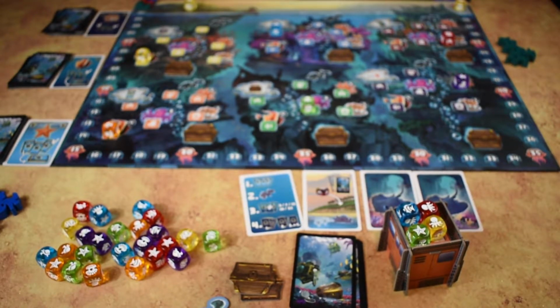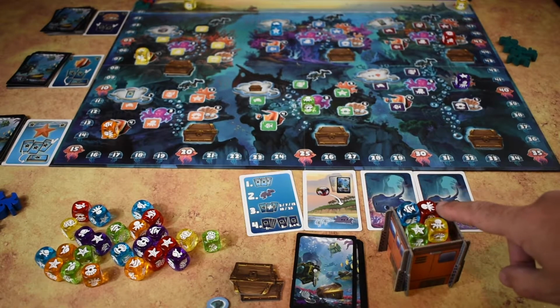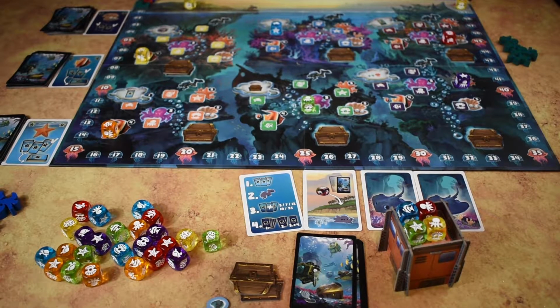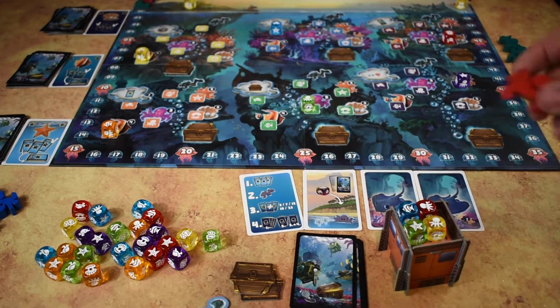So in this case, they rolled a blue fish, a red octopus, a green starfish, and a yellow octopus. All of those happen to be available, so they can go to any of those spaces. Wherever they go, they will get the corresponding card. So if they go to an octopus, though, the difference is